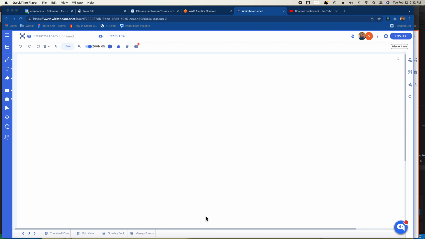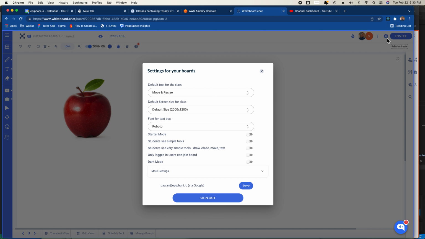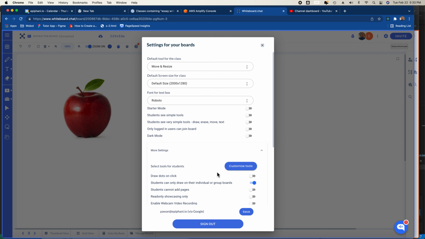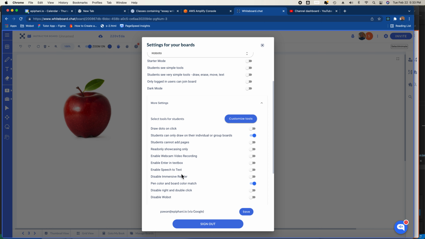What I want to create is basically using speech to text. So put a picture, again you can copy it or snip it and paste it on the whiteboard. So let's say there's an apple. Right? And then make sure as a teacher you go to more settings, or on the board you have to enable speech to text. Okay, and click save,